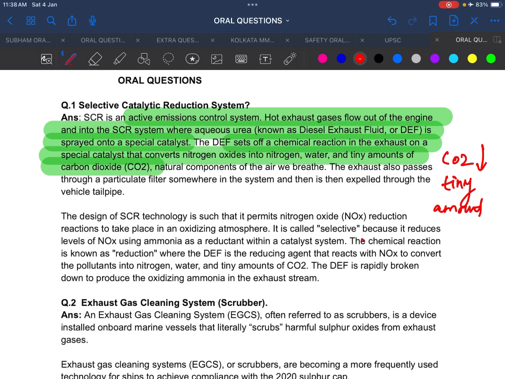So how can we do this? We reduce this NOx with the help of aqueous urea plus catalyst. So these are basically the compounds we are taking in the SCR system to reduce the effect of the NOx. So this is the selective catalytic reduction system that is asked by most of the surveyors in the oral